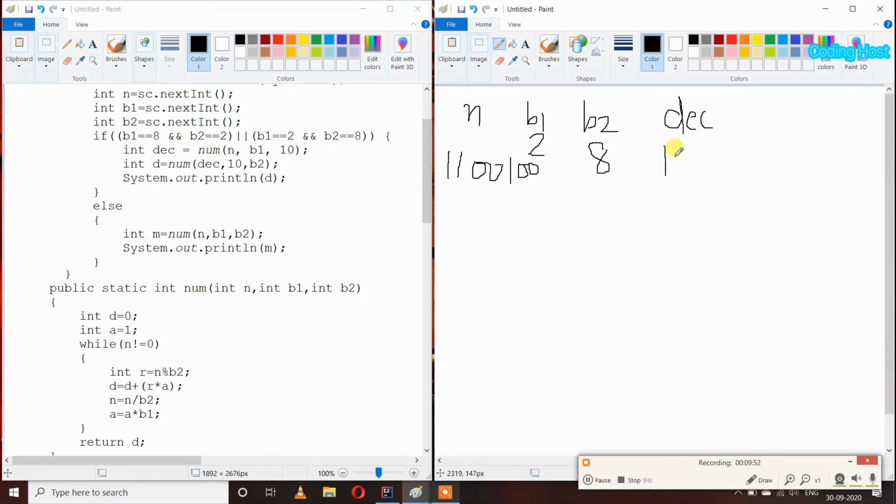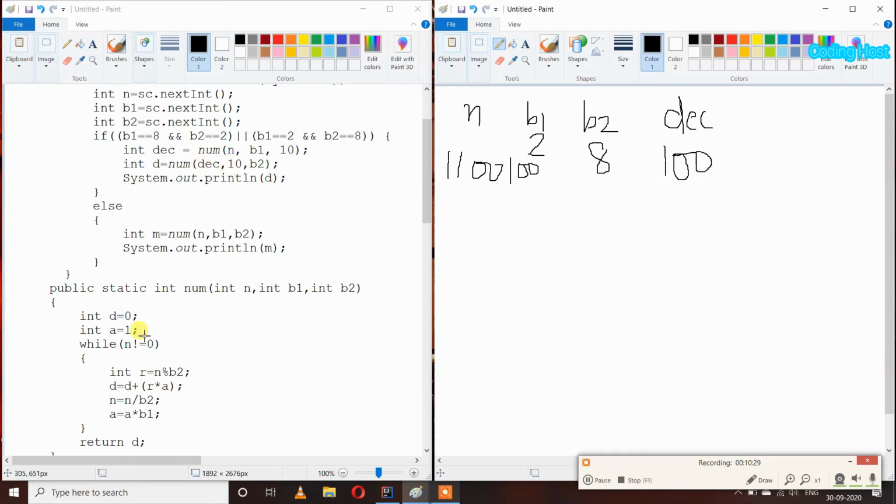So in the decimal variable we get 100, and then I will execute int d equal to num, and in this method I will pass the decimal number, and its base is 10 and the destination number base is 8, because now we can convert this decimal number into the octal number.